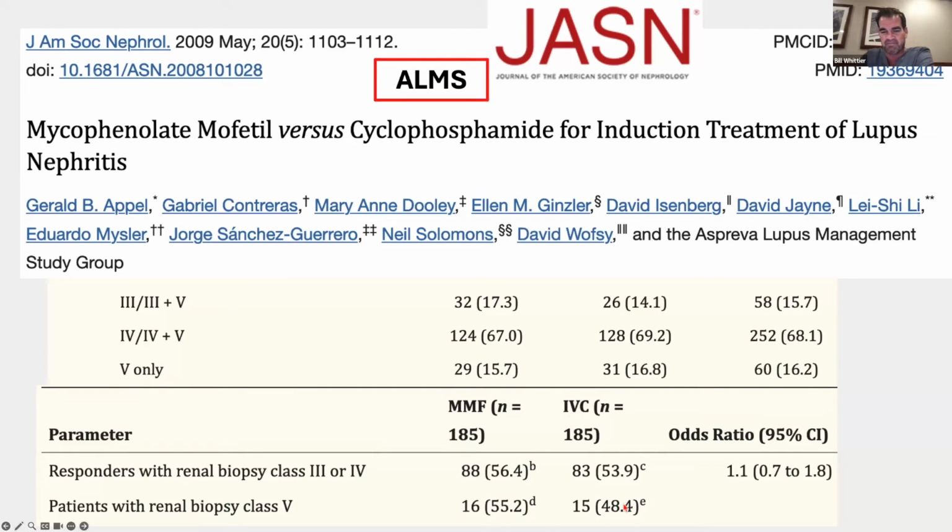And their response rate was about 50%. It was about 48% in the Cytoxan arm, and in the MMF arm it was 55%, and that wasn't statistically significant. And it's sort of mirrored here with the remission rates for the responders in class 3 or 4. And just to point out, 50% is not very successful as far as treatment of glomerulonephritis. It's where the standard has been in lupus for a while. But if we think about our treatment of ANCA vasculitis, we're closer to 80%, and a lot of our other ones are much more successful. So I'm so happy that a lot of these studies are still ongoing and providing new therapies for us that might get this up way past 50%.